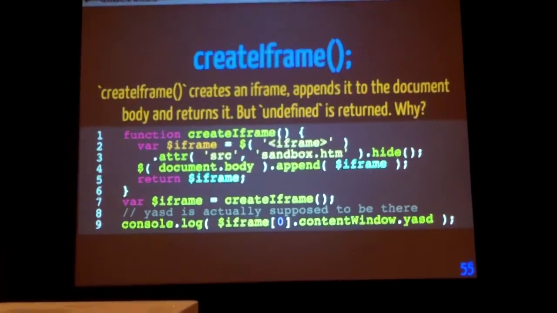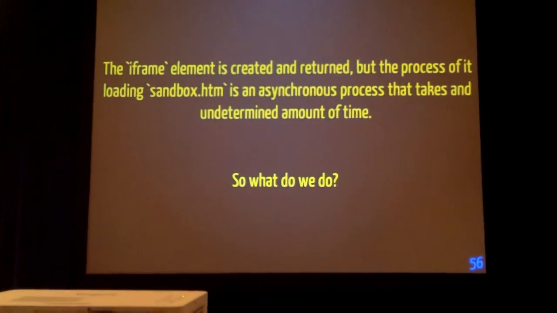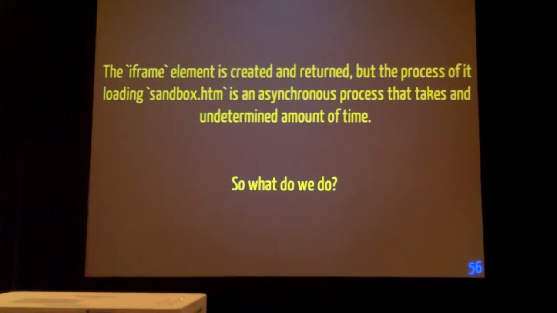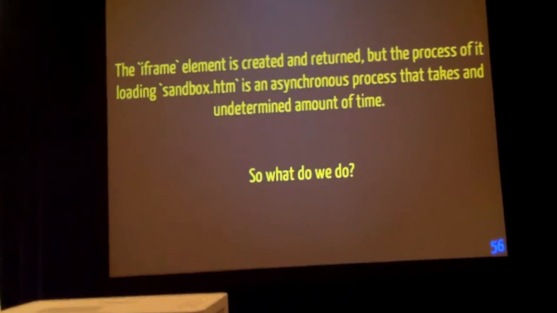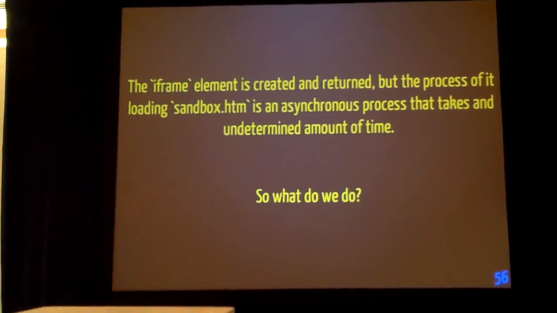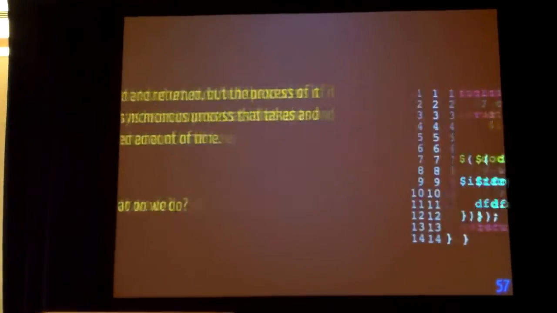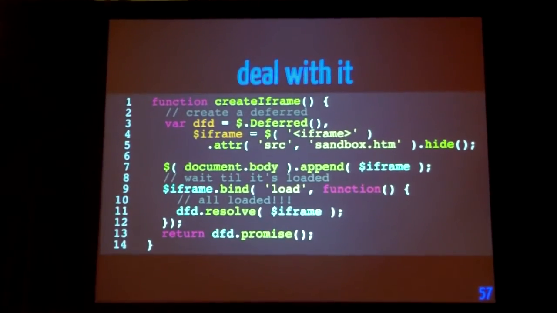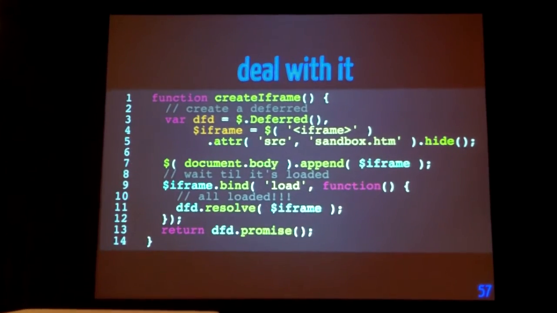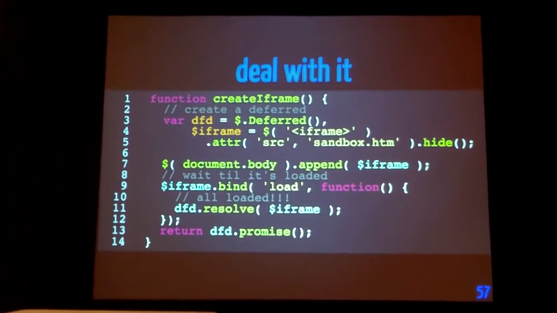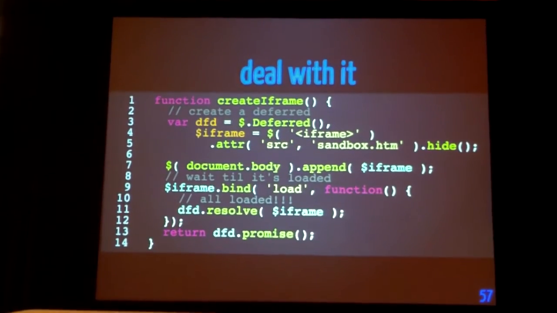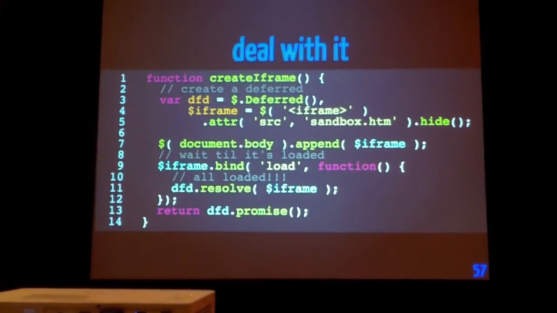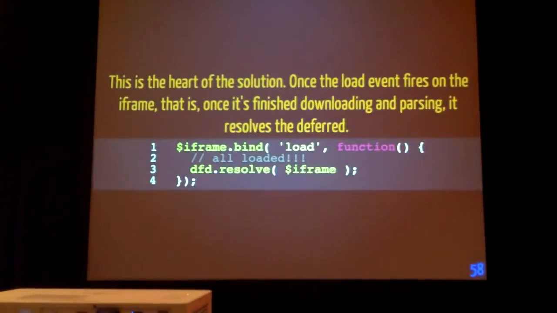And so why is this happening? Well, it's because I'm running into the same problem as before. It's creating this iframe element, and it's putting the source into it, and that's still loading. So my function keeps on executing. It tries to log something that isn't there because the iframe just hasn't instantiated yet. And so what we need to do is take care of that asynchronous action using a deferred. I create the deferred on line 3, do all the same stuff, but instead on line 9, I bind to the load event. So once that is actually loaded, then I resolve the deferred, which is great because then I can just have this